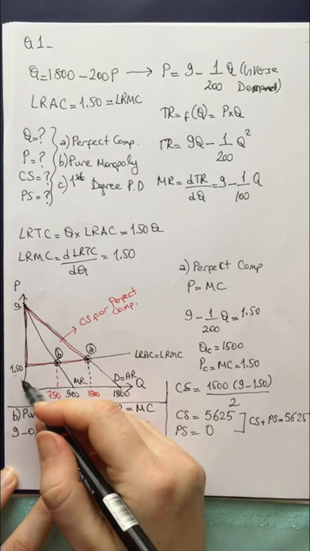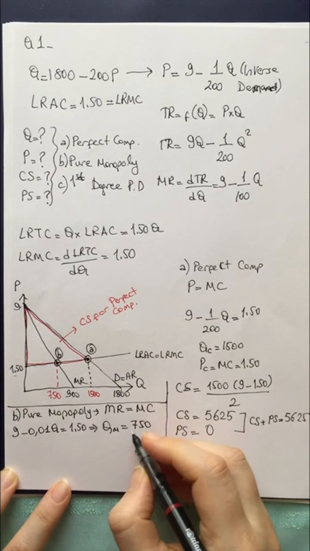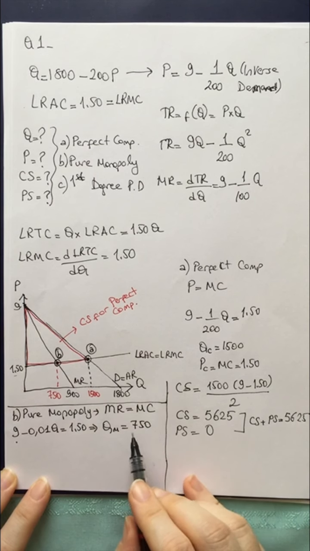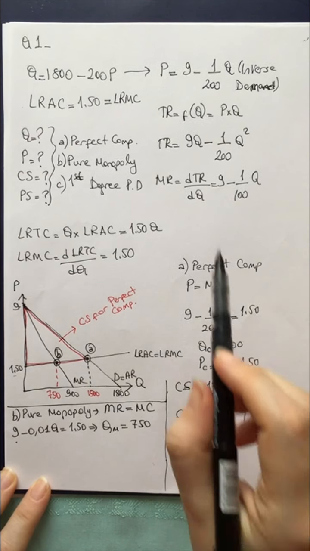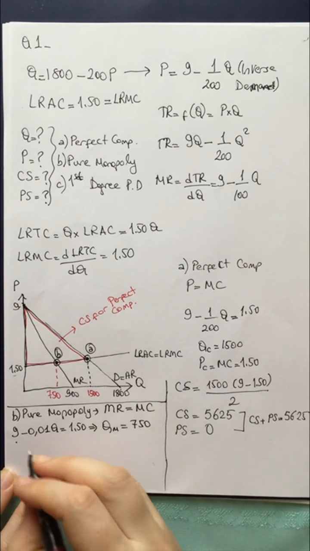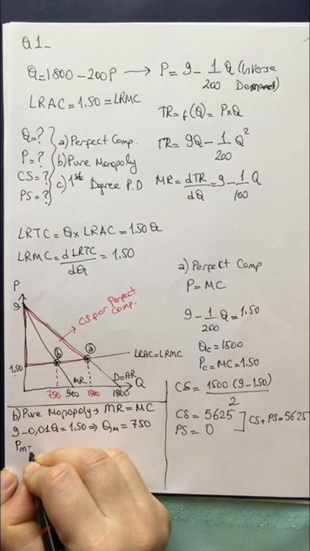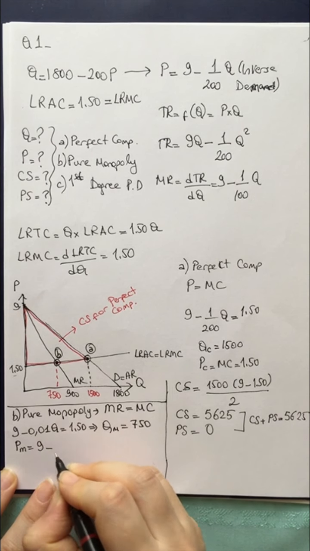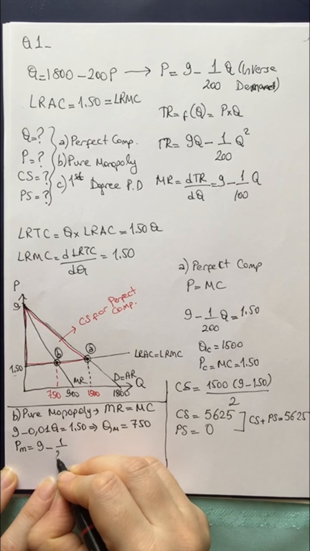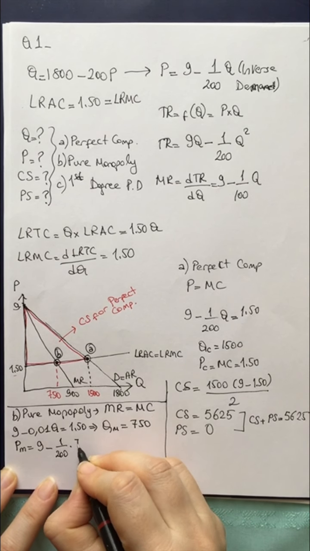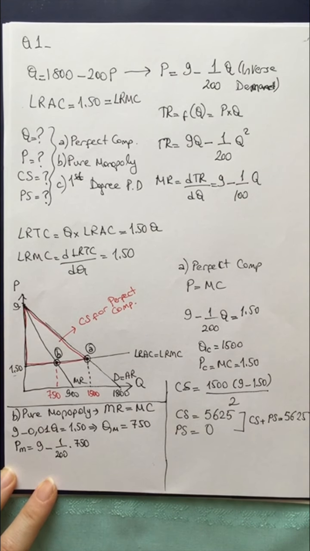But the price of course will be higher than 1.50. To find the price, we will insert that value into the inverse demand function. So the monopolistic price will be 9 minus 1 over 200 times 750. So it is